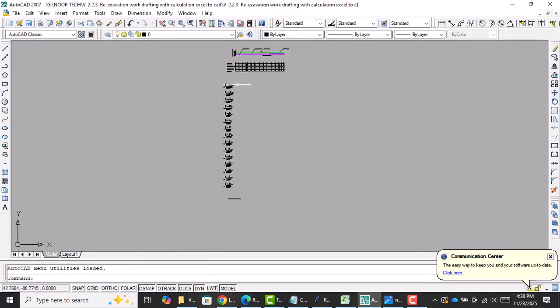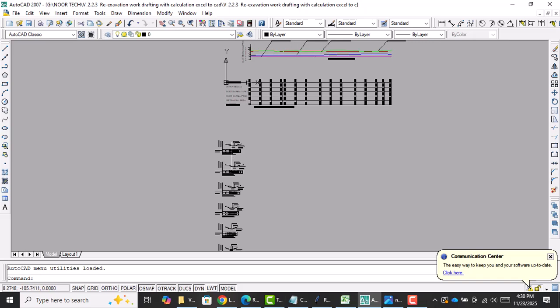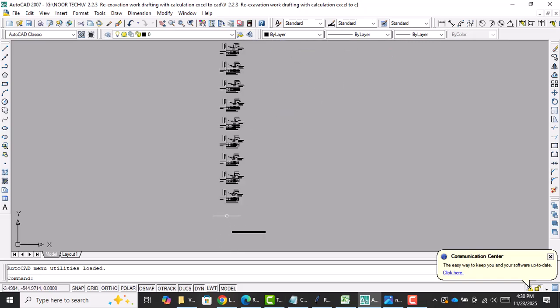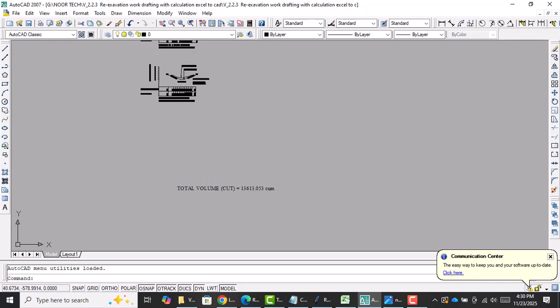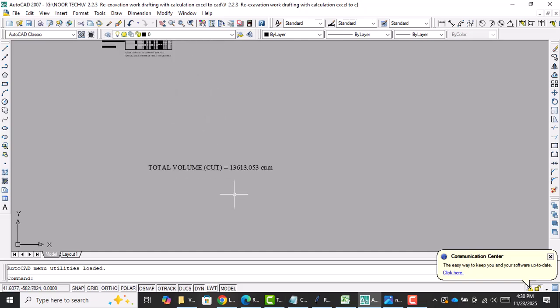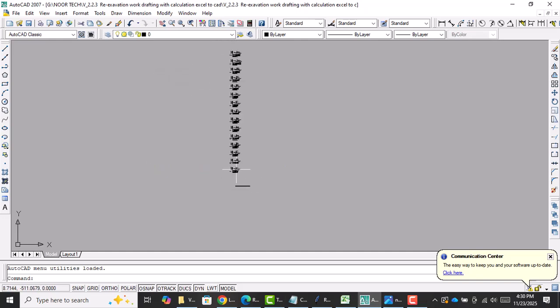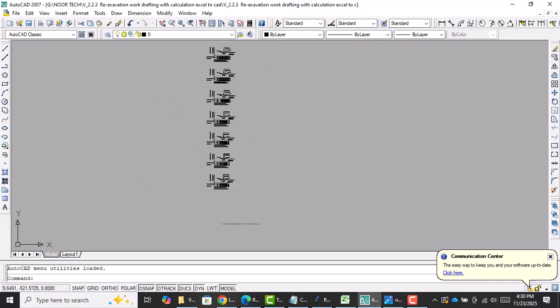Here it's open. You can see the long section and cross section, everything is drawn just in one click. And also it calculates the whole cutting volume, the lowest line of here. And the interesting thing is, it does not just provide you the long section and cross section calculation, it will provide you the detail